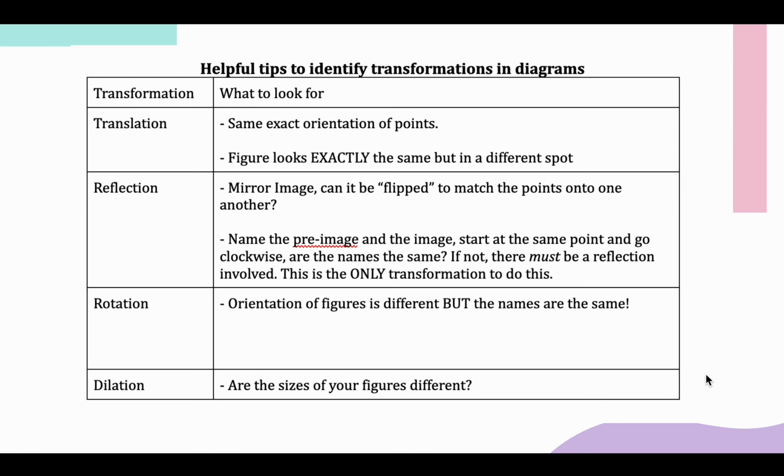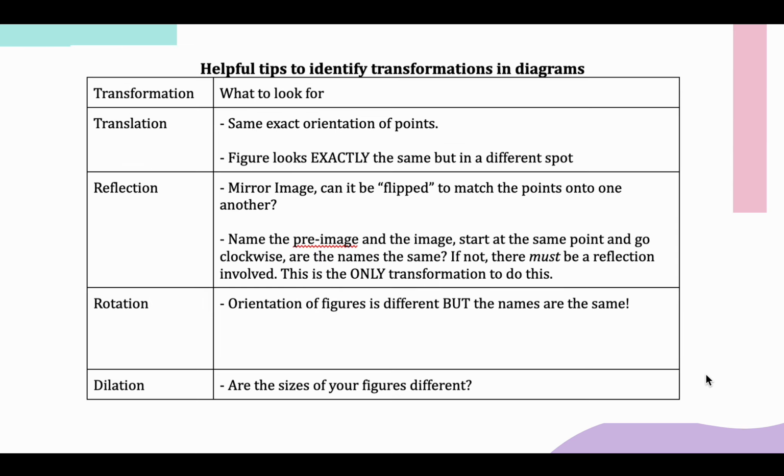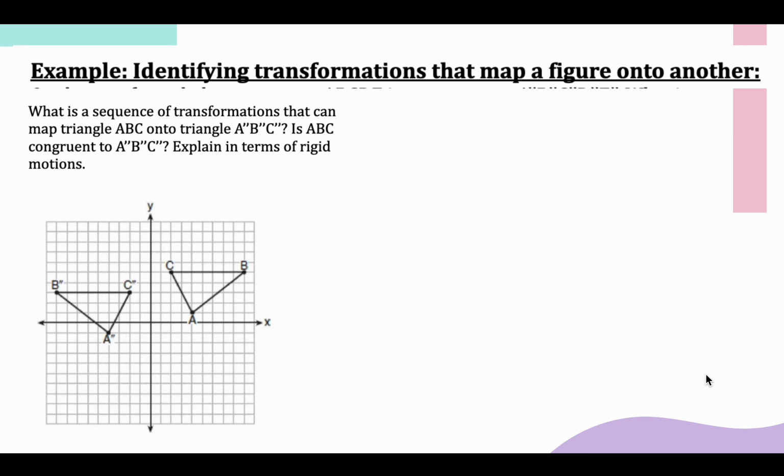Now, these are some helpful tips, because the second part of this lesson is that in this question we were given a point of a pre-image, and now you might be given a point or multiple points if it's a triangle or a quadrilateral, and we're performing these different transformations on those points. But the other types of questions that we're going to be given are pictures of pre-images and images, and it's going to say, hey, what sequence of transformations will map one figure onto